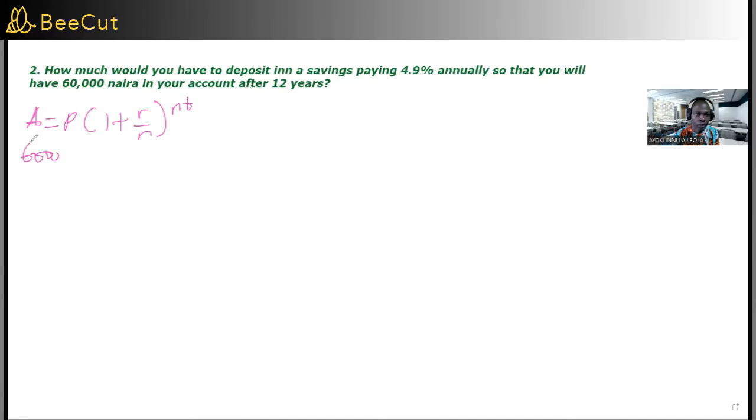So 60,000 equals the principal that I'm looking for times 1 plus my rate, which is 4.9%. I need to change 4.9% to decimal, and that will be 4.9 divided by 100, which is 0.049. So I have 1 plus 0.049